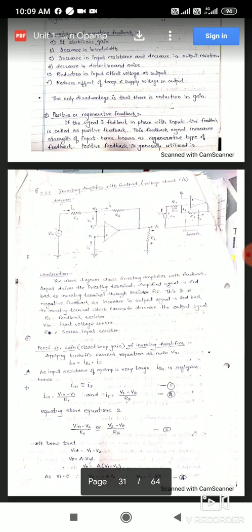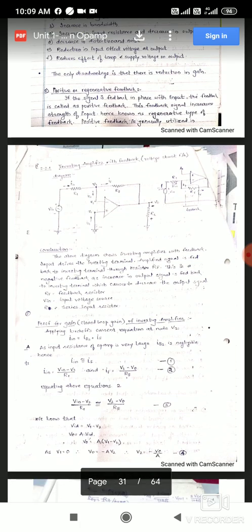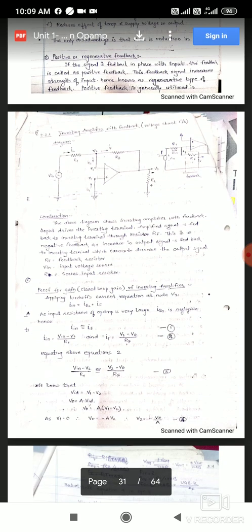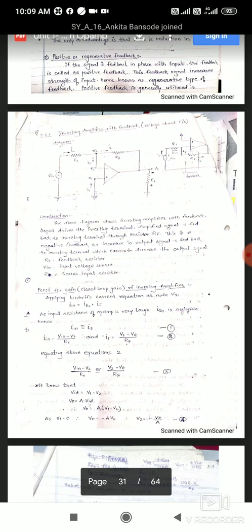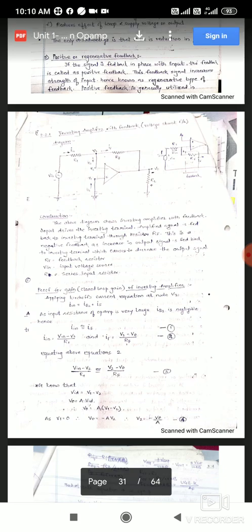We derived it by general mathematics, by applying KCL at the inverting terminal, then using the output voltage expression, to get the expression of closed loop gain AF. But in that we also saw the virtual ground concept. In one line, how can we describe it: the potential at the non-inverting terminal is equal to the potential at the inverting terminal. That is, we can say V1 is equal to V2. Whatever voltage V1 has, V2 will have. That is called the virtual ground concept.